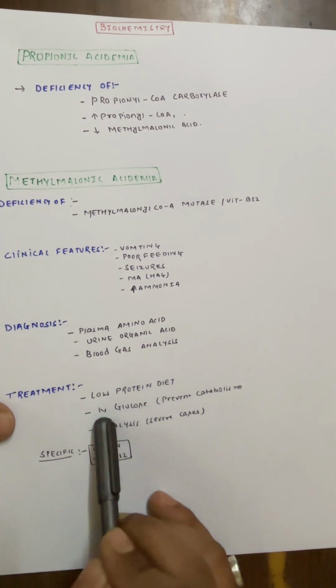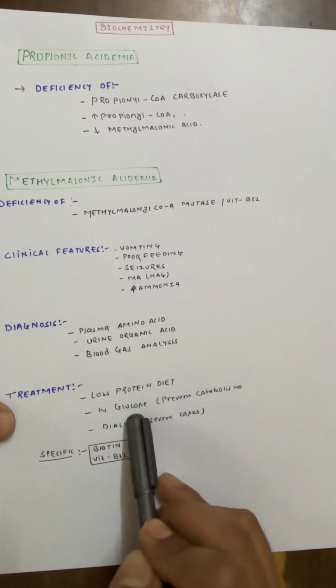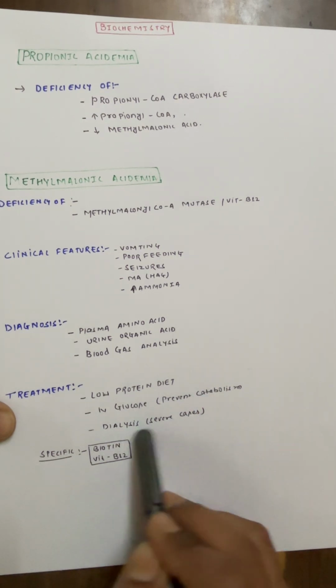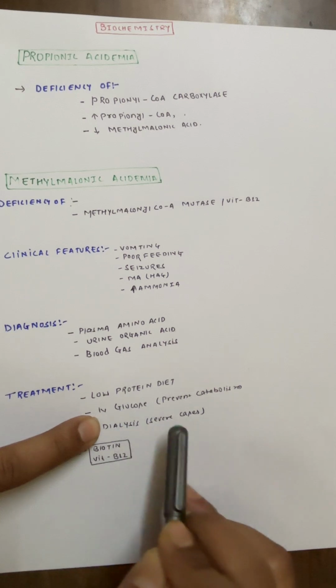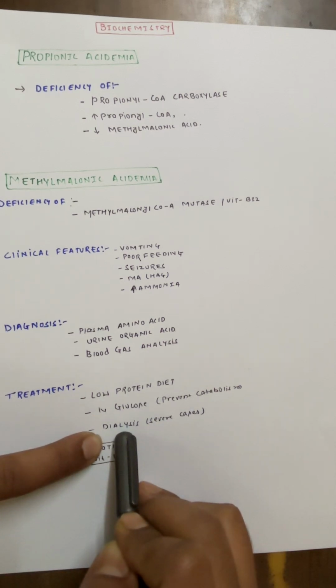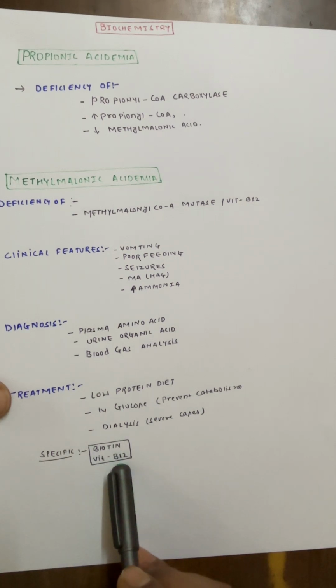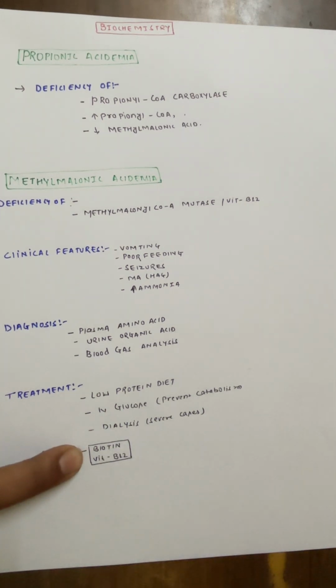Then we'll give IV glucose to prevent catabolism. In severe cases we can do dialysis. In specific cases we can give biotin or vitamin B12, because both are used in these steps. So this is all about